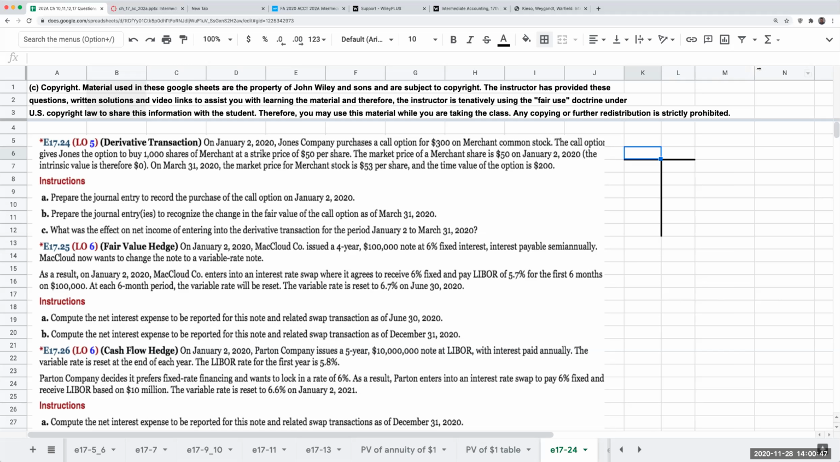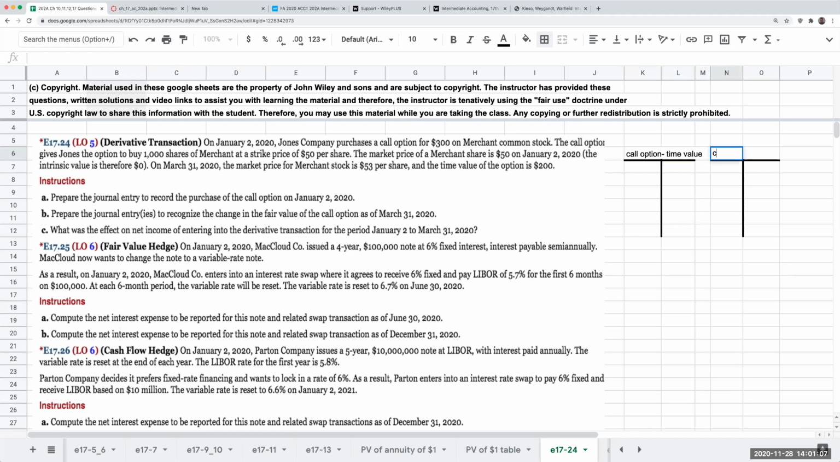As I'm remembering how I've done this previously for other problems, I try to break this up into two different portions. I'm going to have a call option time value, and then here I'm going to have the call option. And the time value is really referring to